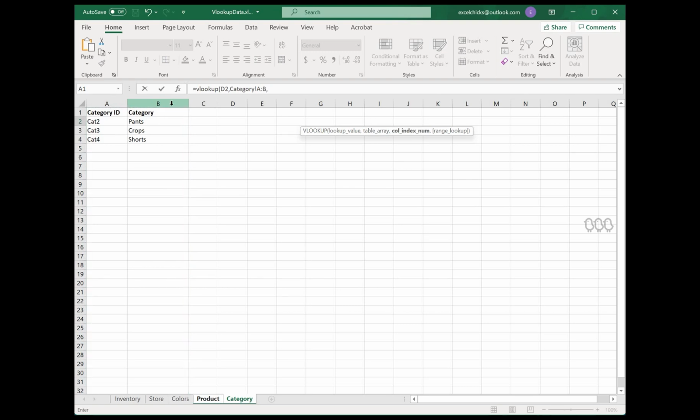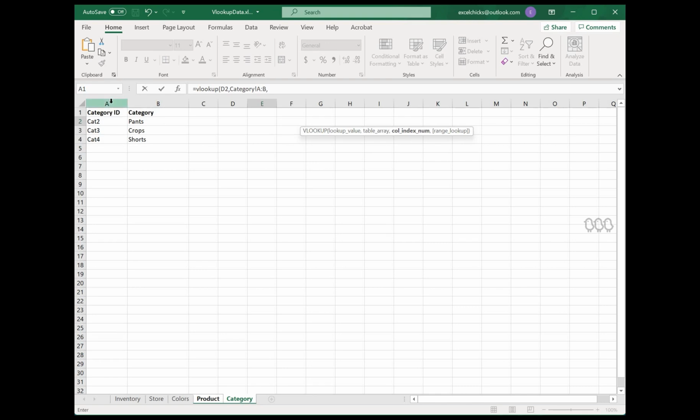And the next information we need to enter is our column index number. And this is a very important part, and it can be confusing. So you don't actually enter the column name, you enter a number. So remember, when we're looking at the table array, the information that we want to match always needs to be in the first column. And what we put in this column index number is the number of the column that has the data we want to return.